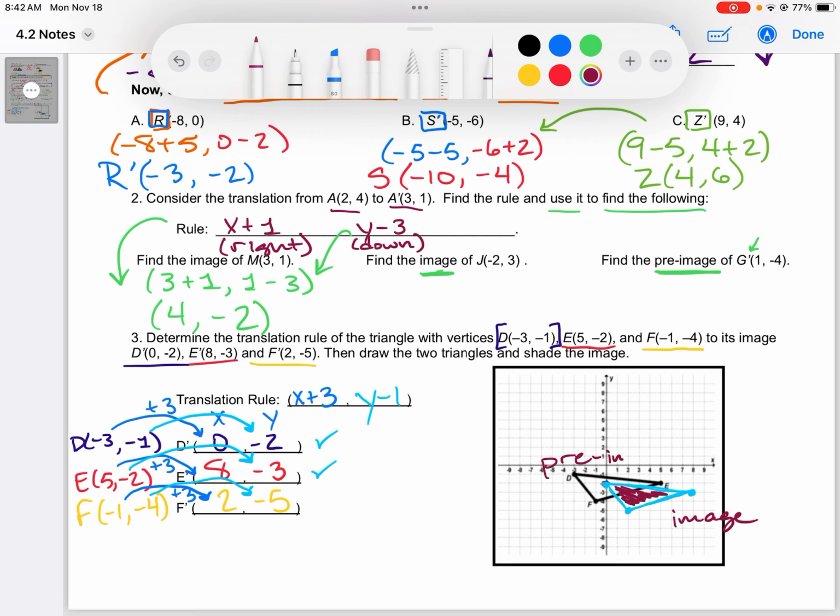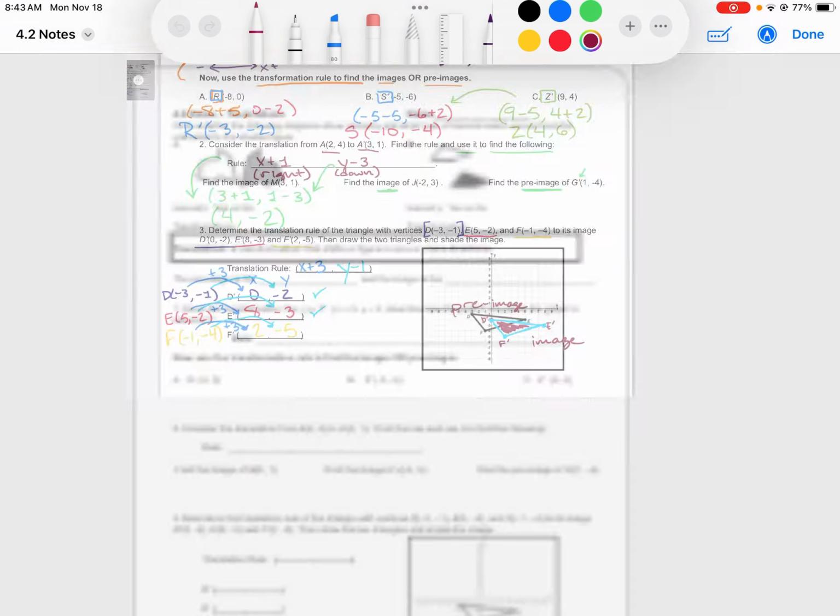All right, we have our image and our pre-image, our original and our new. And so just one last thing, you could actually label this triangle too, D prime, F prime, E prime, just to show the corresponding points and angles. That'll be really helpful too as you move forward and start doing more complex transformations. But hopefully this makes sense to you, and through practice and your other activities, you really learn